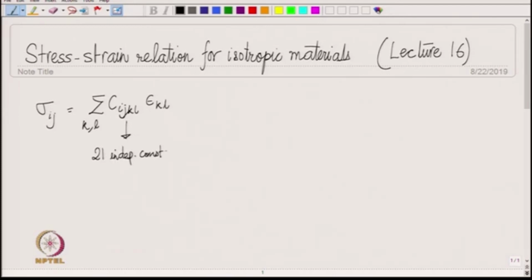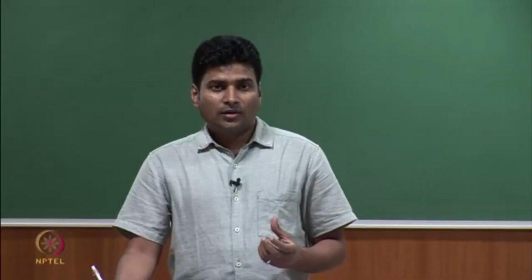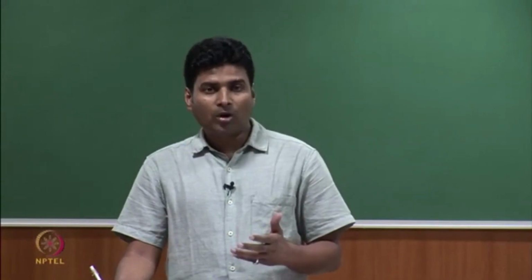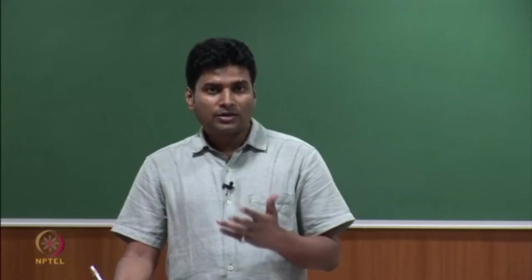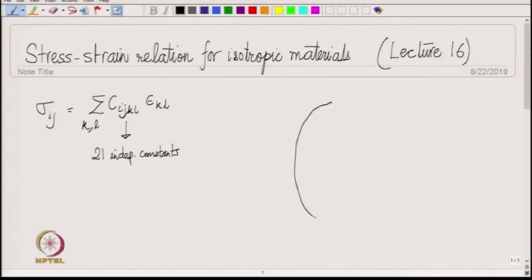So, this is for a general material, but isotropic materials have got extra symmetry in them, due to which the number of independent constants actually reduces. By isotropic material we mean that it has the same property in every direction. So, what does that really mean? For example, suppose we have an isotropic material,